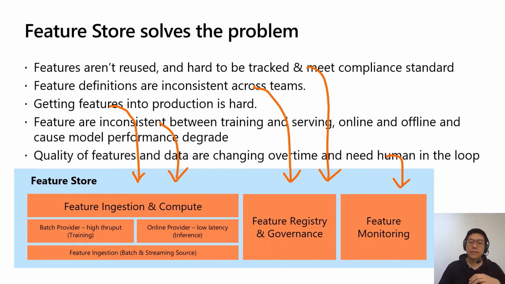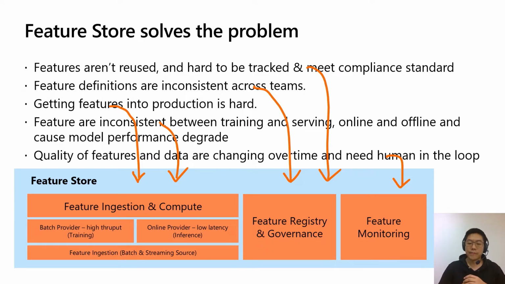Because of that, the community has developed a concept called Feature Store to solve all those different problems. Specifically, a feature store usually has 3 components. The first component being the feature ingestion and compute part, where it usually has a batch provider and an online provider. For the batch provider, it usually provides a high throughput API so that data scientists can access all the historical features with high throughput. And for the online provider, a data scientist can use it to access all the low latency